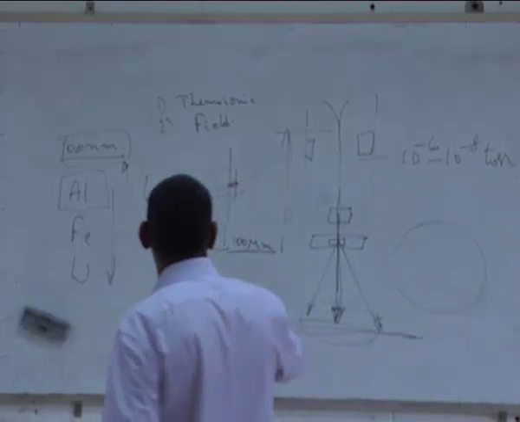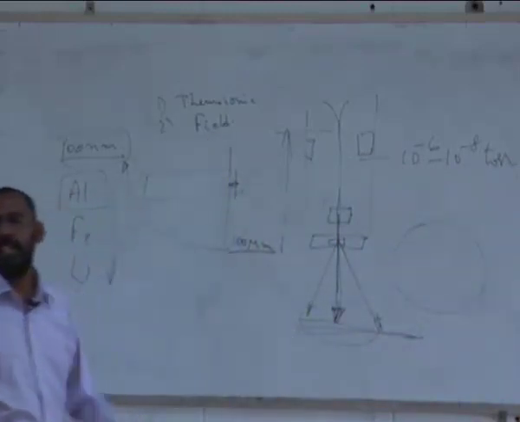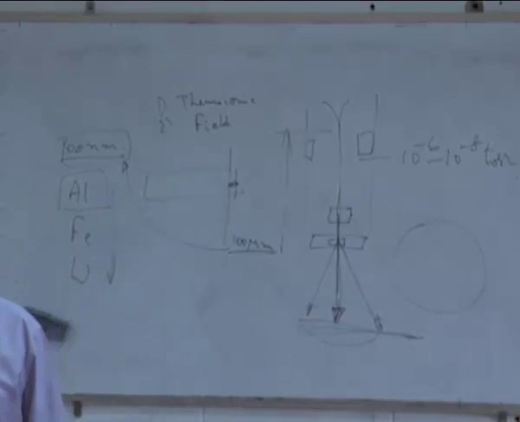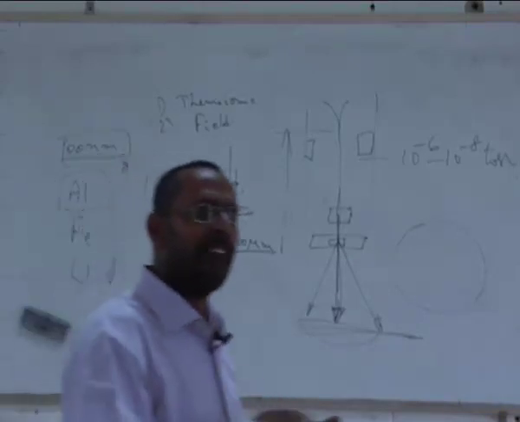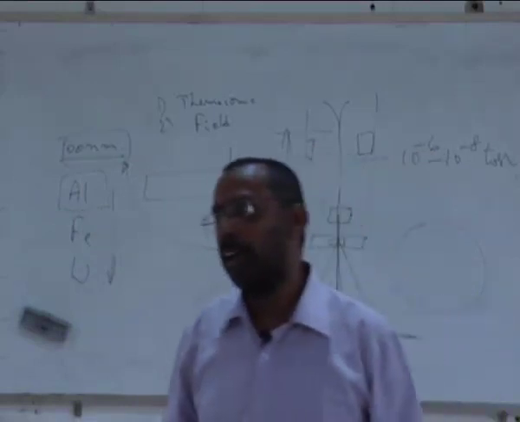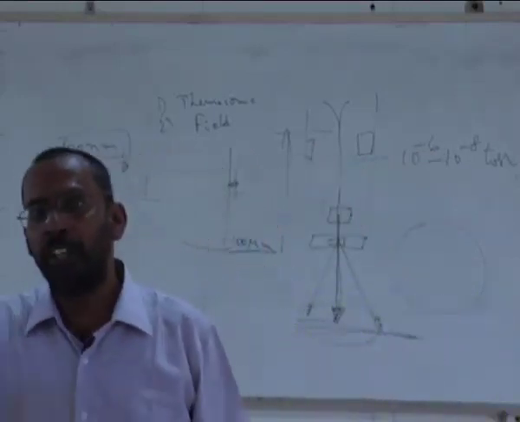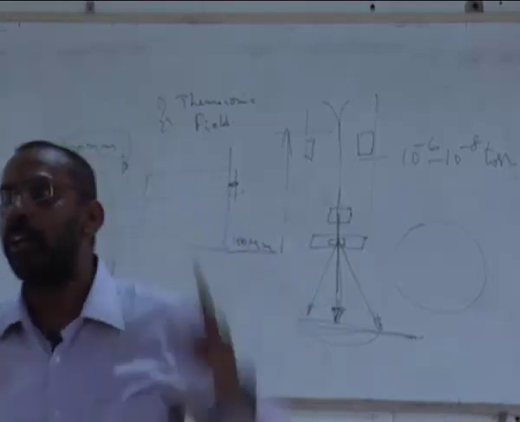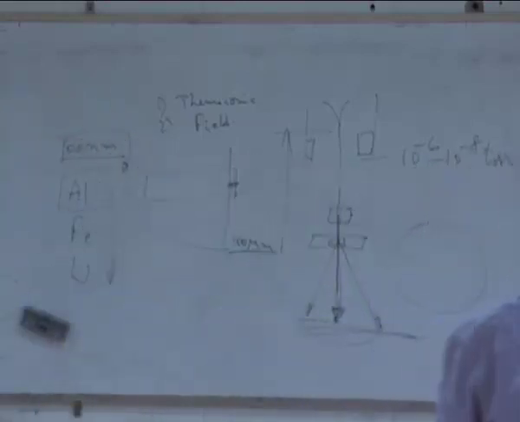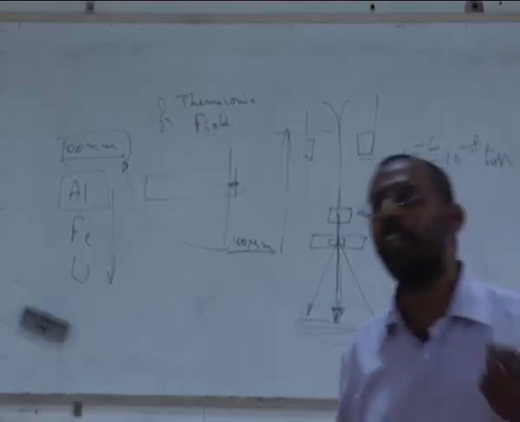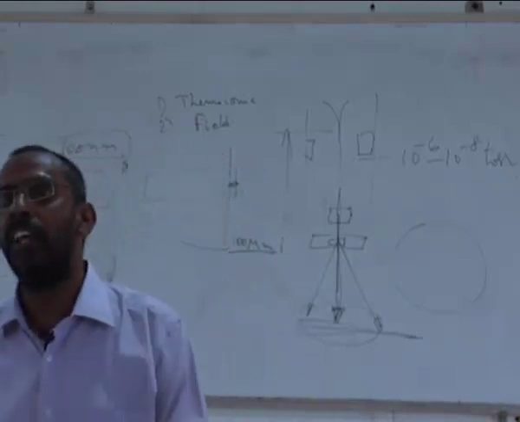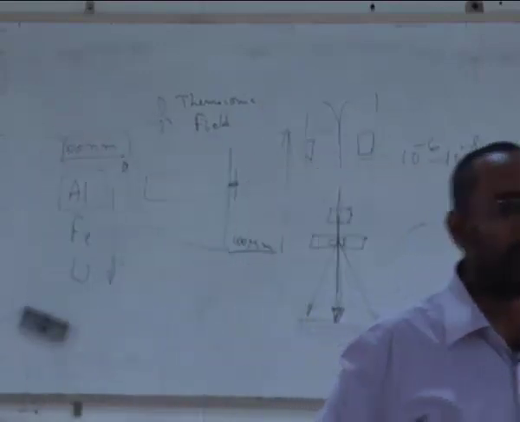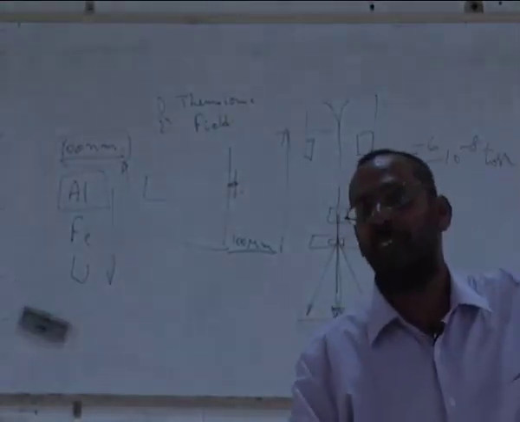That is the reason why I said if I use any hacksaw or something like that and cut a sample, which is, let's say, instead of 100 micron, I make a 1 millimeter thick sample or a 2 millimeter thick sample, and say, sir, why can't I use my emery paper and keep on reducing the thickness by polishing it and reduce it to 100 microns? You can also do that. But in the process, you are deforming your material heavily. You are straining the material heavily, and as a result, at the end of it, if I prepare my sample and put it into the microscope, I am actually not seeing the original condition of the sample.